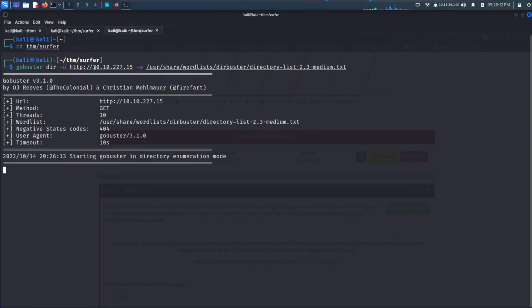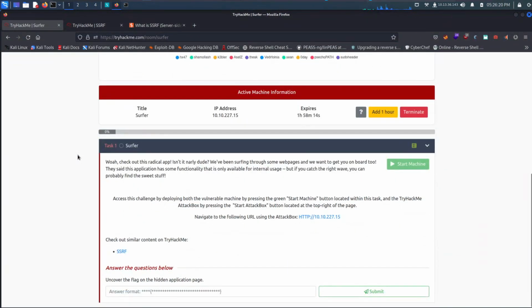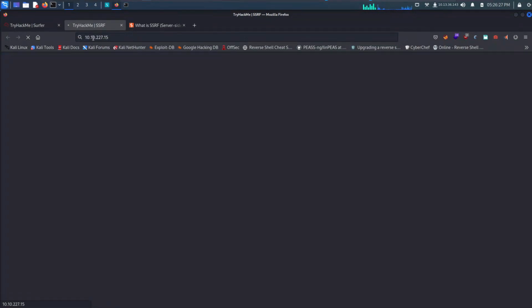So we're just going to copy that, go first to nmap and let that scan, and it'll scan with all the default scripts, OS detection, and also service version detection. And we're also going to start up GoBuster. And you can also browse on your browser, just go to the URL,